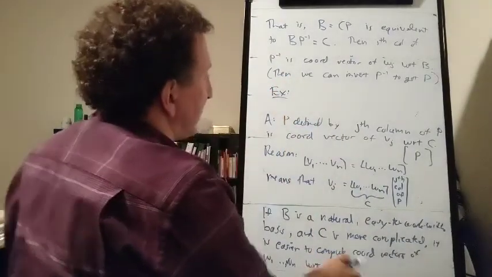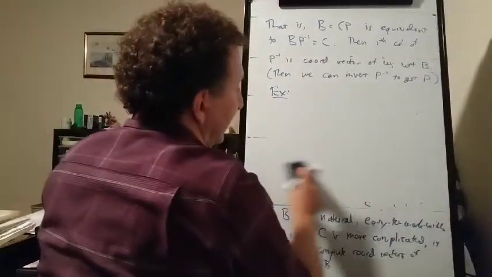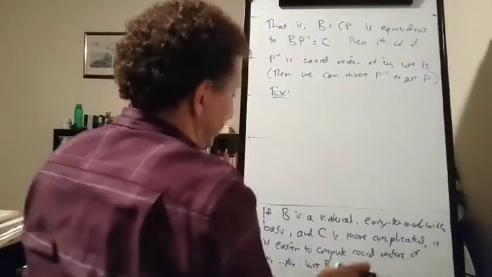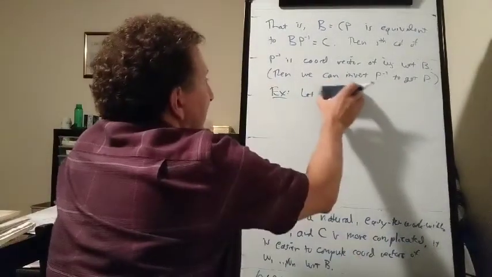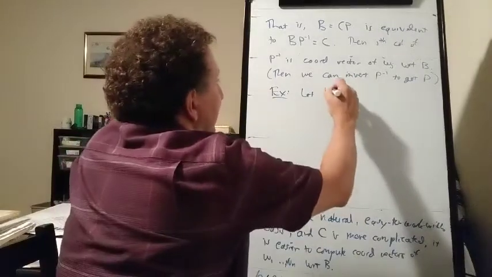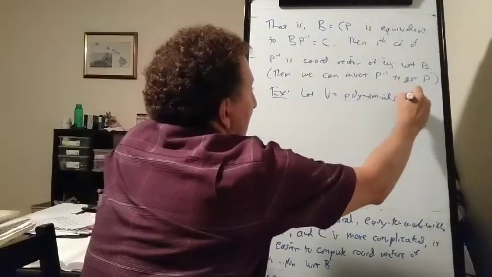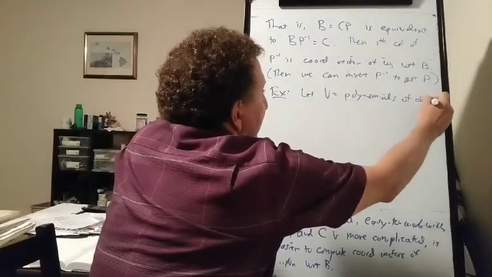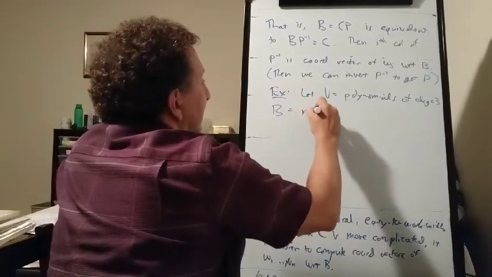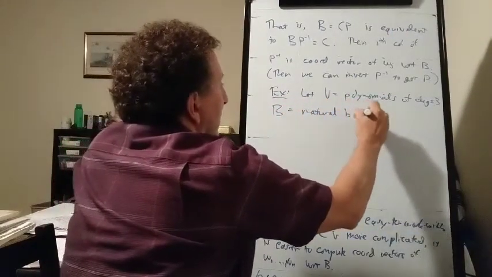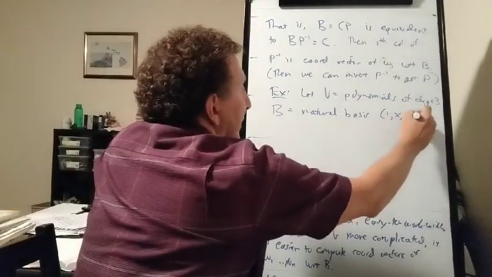Alright, so for example, let's look at the polynomials that we looked at in the last video, and the same two bases, the natural basis and the other basis that was less natural. So V is the vector space of polynomials of degree less than or equal to 3. B is the natural basis, 1, x, x squared, x cubed,